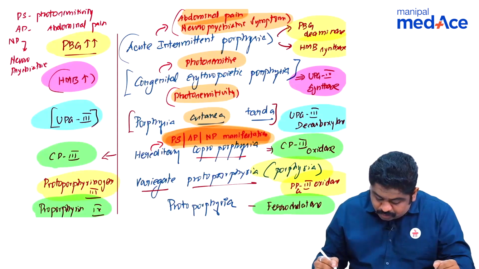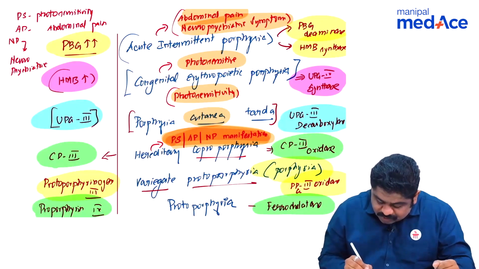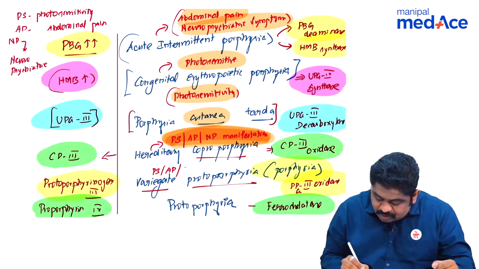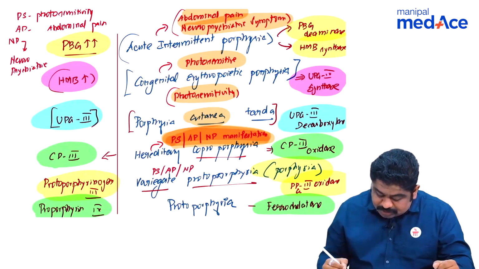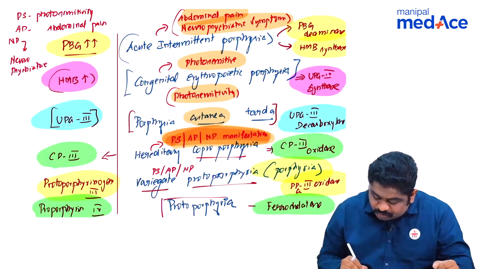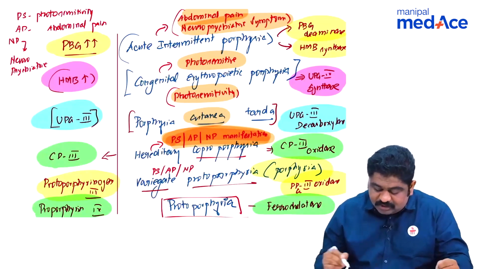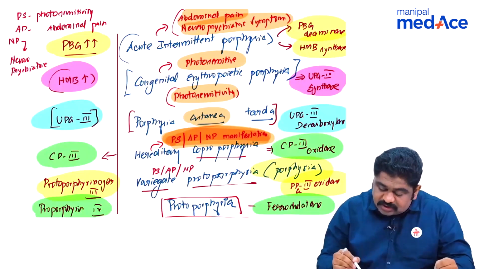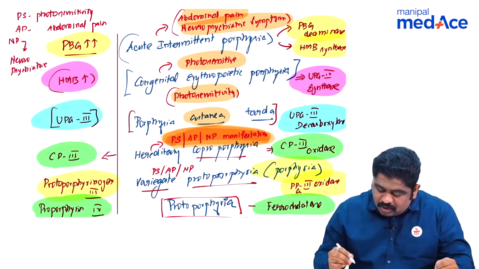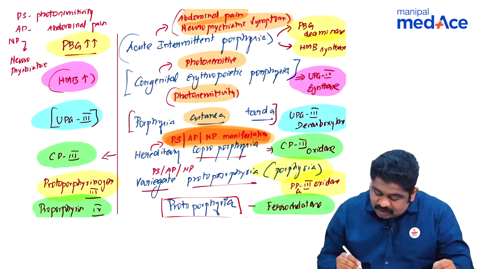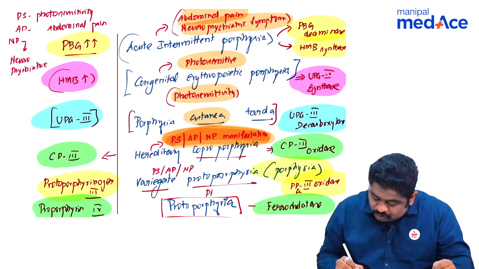The variegate porphyria would be having again photosensitivity, abdominal pain, neuropsychiatric manifestations. What about protoporphyria? These protoporphyria are the last step of formation of anything, so they won't actually go for hepatic and abdominal thing. These protoporphyrin starts accumulating in the skin itself, so photosensitivity is the only thing that you can